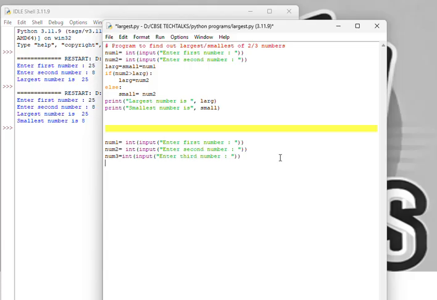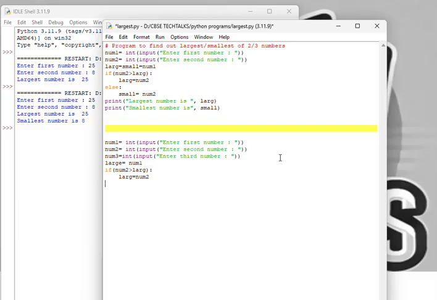After this, let's say large equals num1. We are assigning the first number to large the way we did the first way. If the second number num2 is greater than large, then what will we do? We will assign the value num2 to large. Large equals num2.